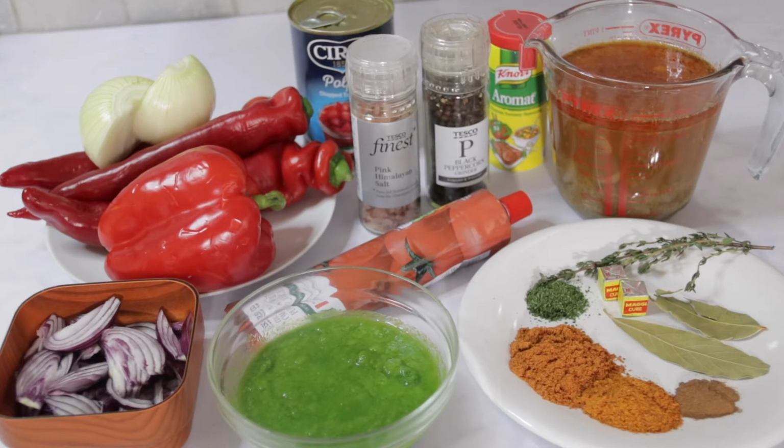Okay, so here is a layout of what you will need to make the stew portion of the jollof rice. From left to right, we have a whole red onion, some peppers. So we have a red bell pepper and 3 sweet peppers, which I like to use for my jollof rice because they're sweet. A whole onion as well, a white onion that will go into our tomato and pepper mix, some chopped tomatoes, pink salt, black pepper, aromat seasoning, some chicken stock, and a bunch of seasonings on the plate